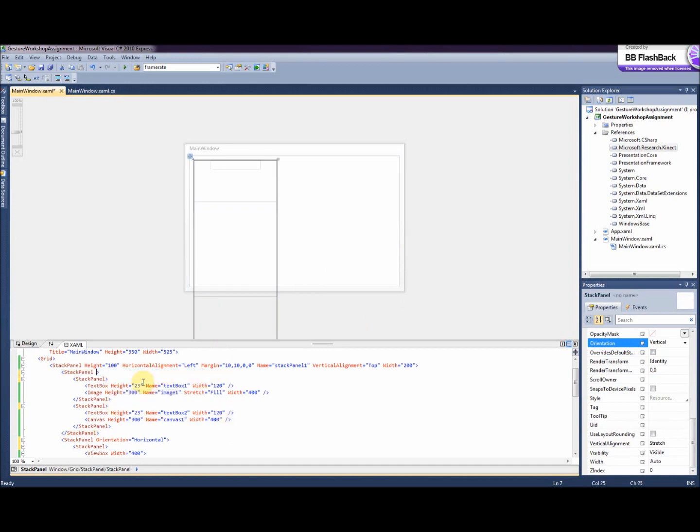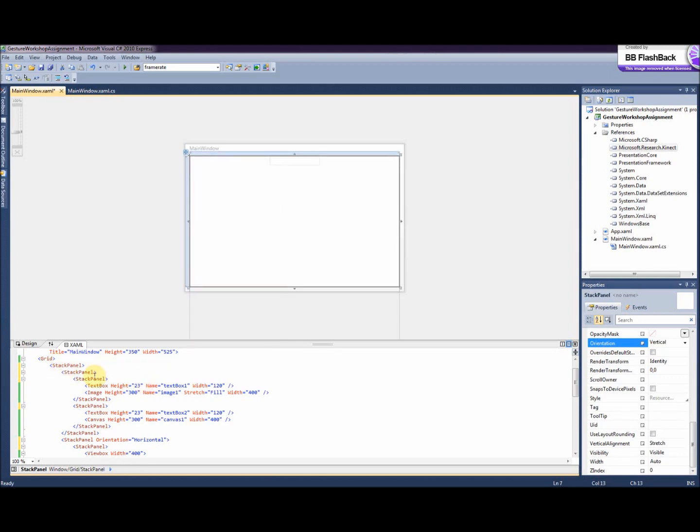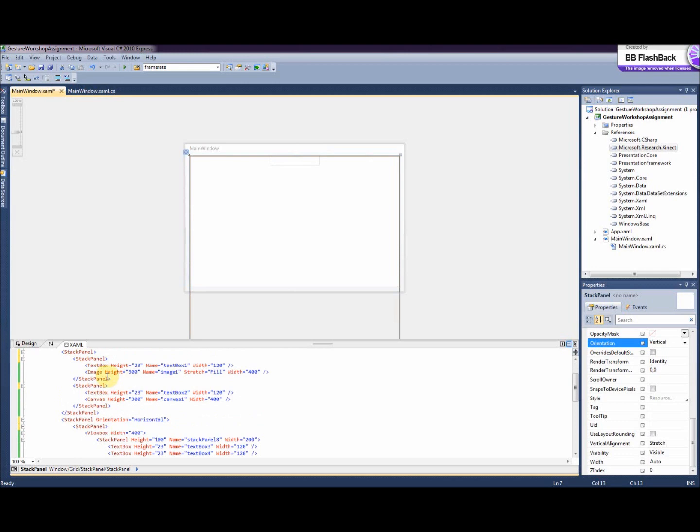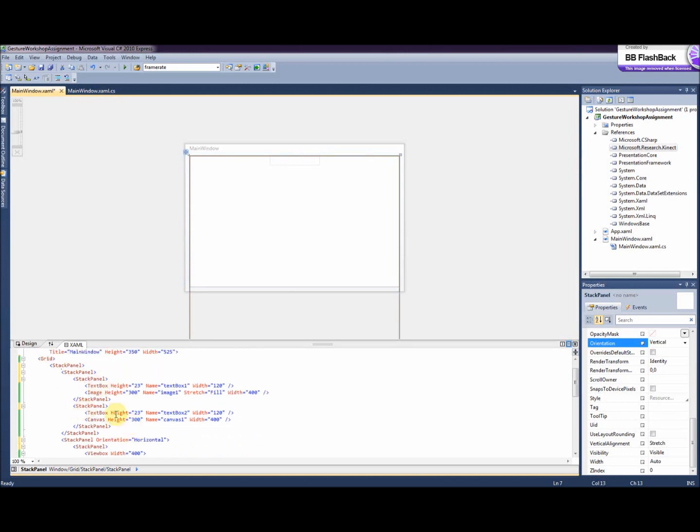Again, for this stack panel, what I want is for the children to be laid out horizontally. So I go here, and instead of vertical, I will change the orientation to horizontal. As I change it, you can see that this orientation horizontal is added to this stack panel. Now you can see everything is kind of